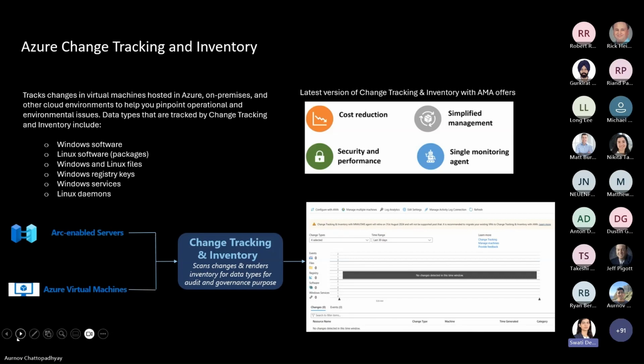here is a small snapshot of how the experience is rendered, which is both tabular in the form of graphical representation, rendering data of what all changes that have happened. The time range that can be configured by the customers ranges right from 30 minutes to about 30 days. And if the customer wants to